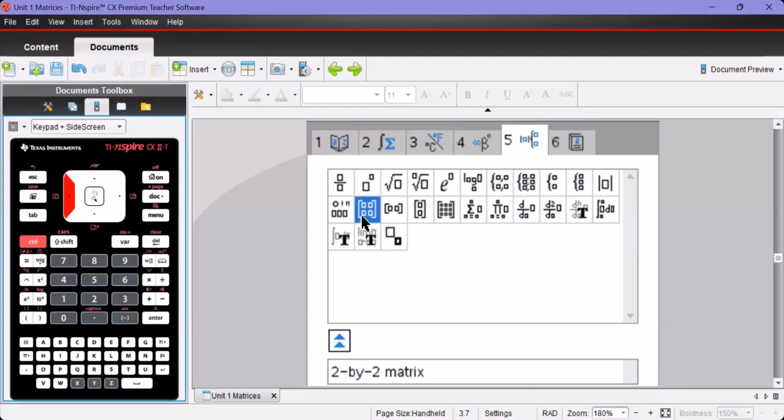So there's the 2 by 2 matrix template, the 1 by 2 matrix template, the 2 by 1 matrix template, and the M by N matrix template. So we can't use any of these 3 because we want a 2 by 3. So with that highlighted, we press enter,